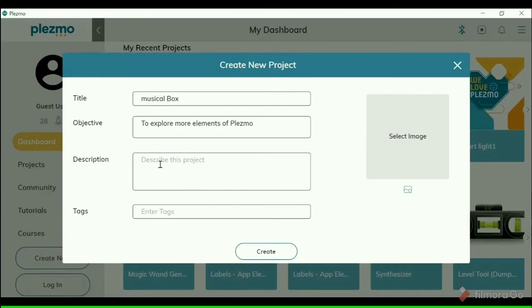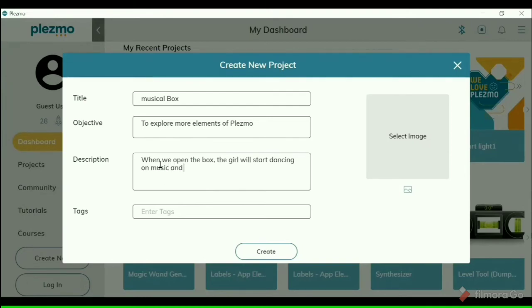And the description is, when we open the box, the girl will start dancing on music.